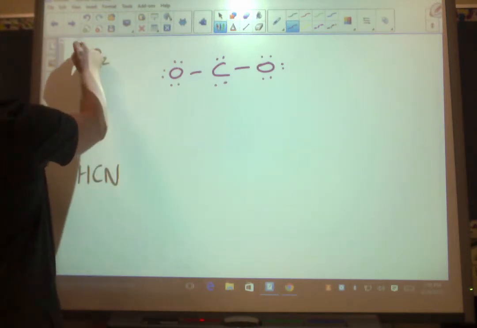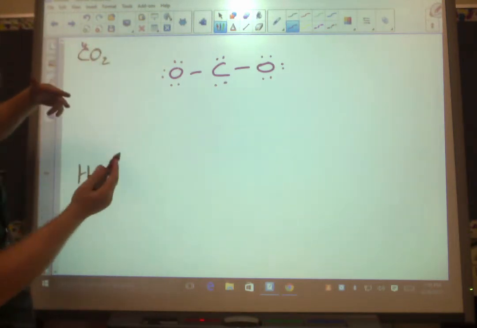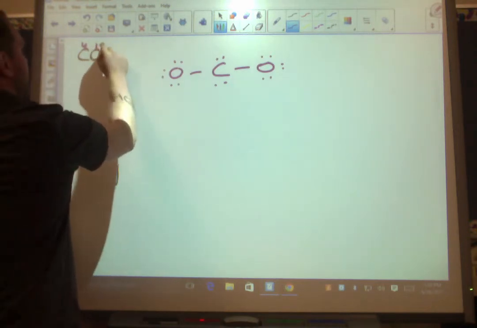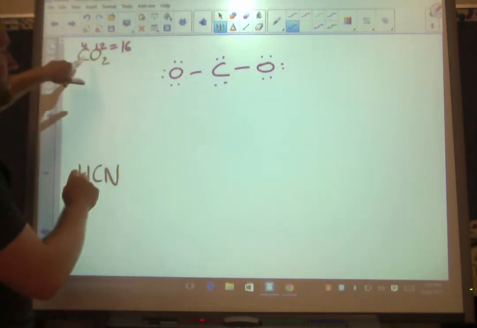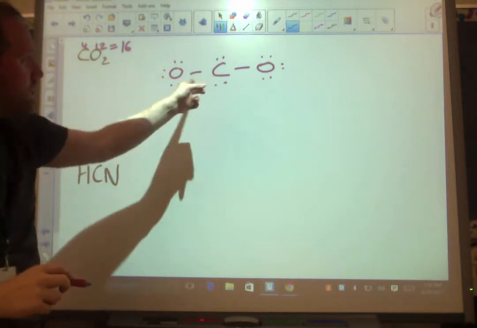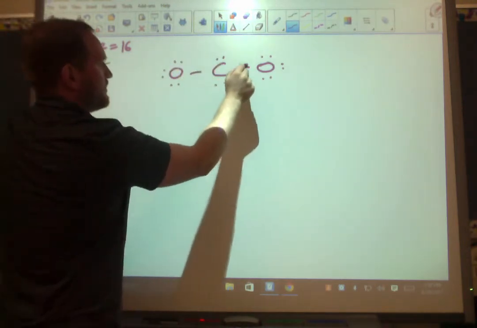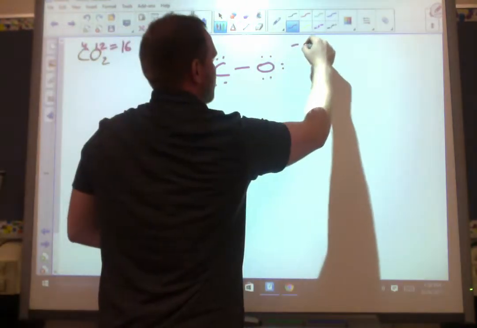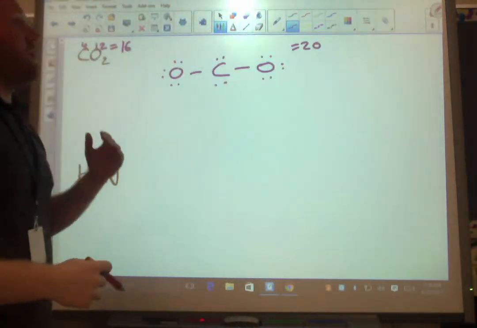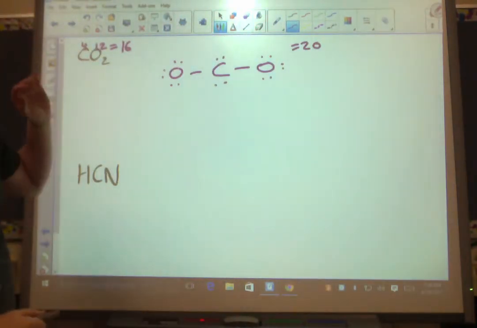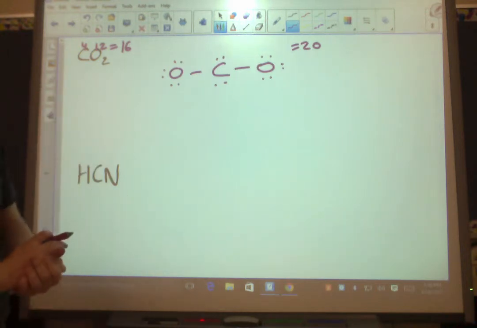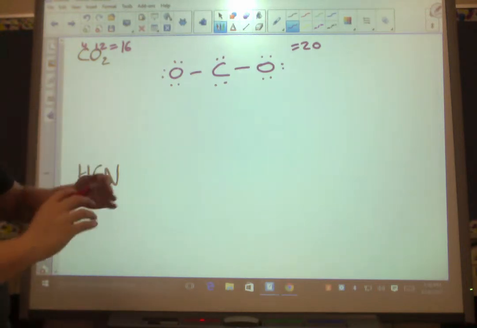Well, carbon is 4, oxygen is 6, but there's 2 of them, so 6 and 6 is 12. Gives us a total of 16 valence electrons. If this number adds up to 16, then we're good. 2, 4, 6, 8, 10, 12, 14, 16, 18, 20. So I like to write equals 20. All right, we have too many electrons. So what we have to do is turn single bonds into double or triple bonds until we get down to